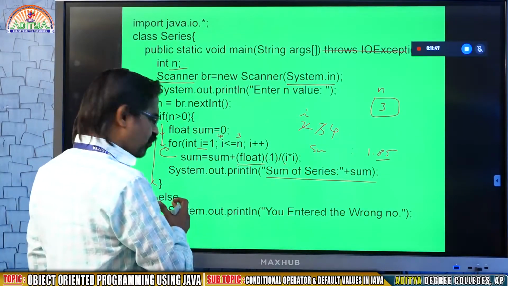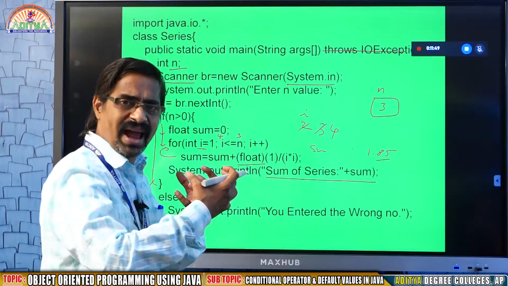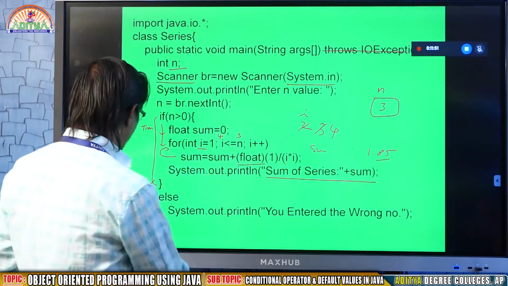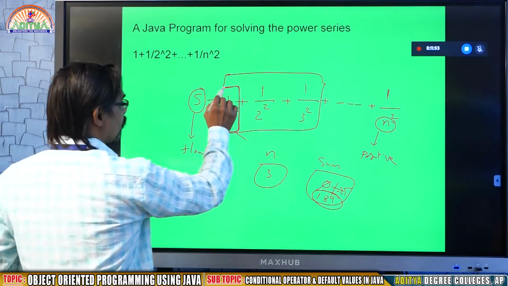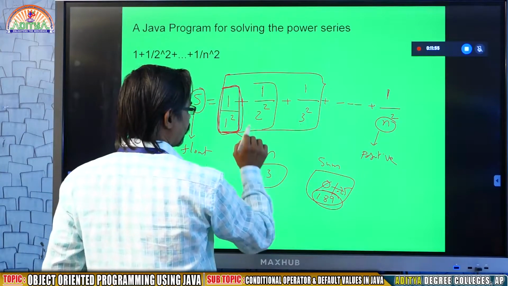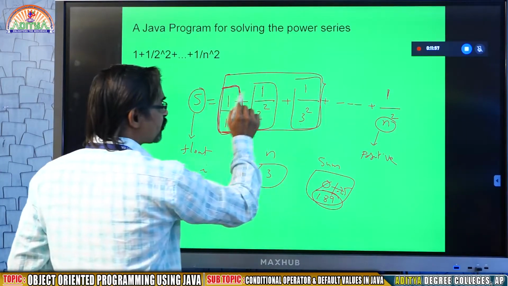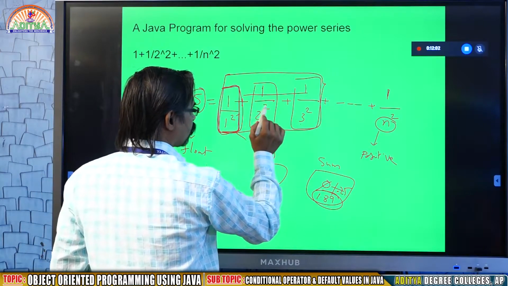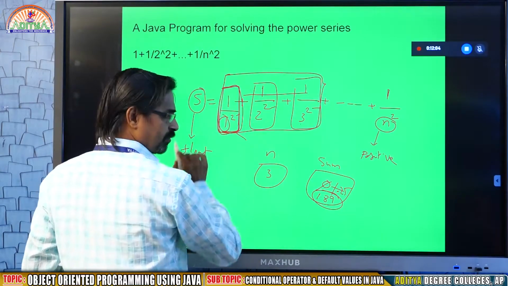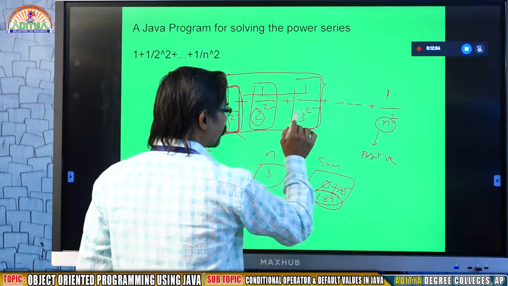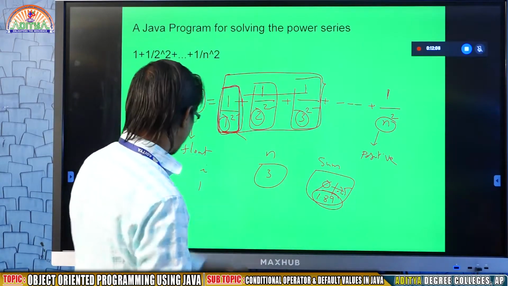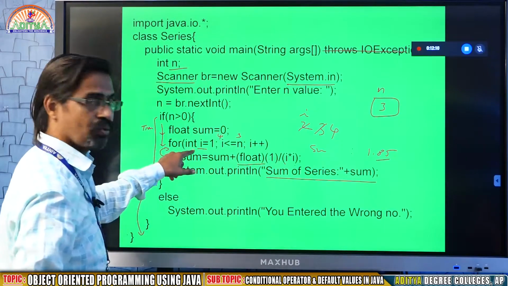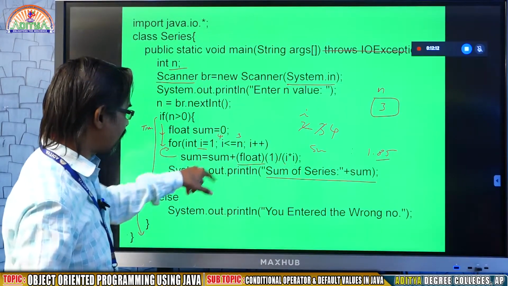So this will be the concept. Instead of performing the entire series at a time, I divided the series: this is the first iteration, the second iteration, the third iteration. In each iteration, 1 is common and above 2 is okay. Here the first term 1, then it will be 2, then it will be 3. That's why I generated 1, 2, 3 numbers through I, for I.